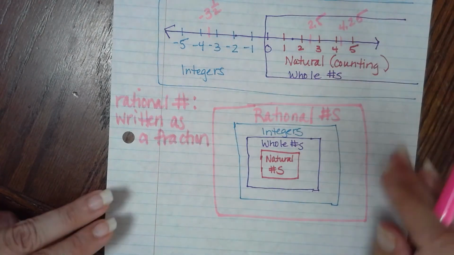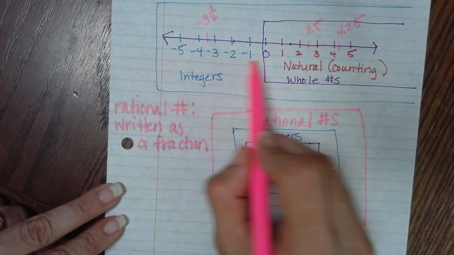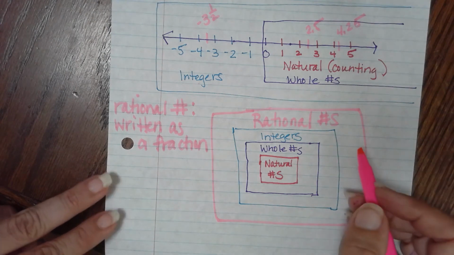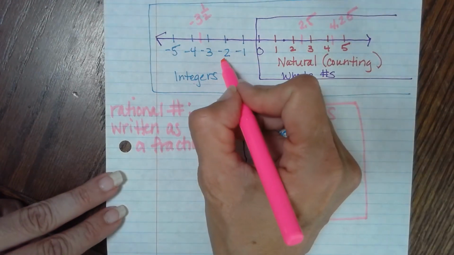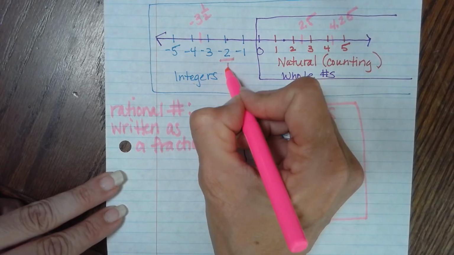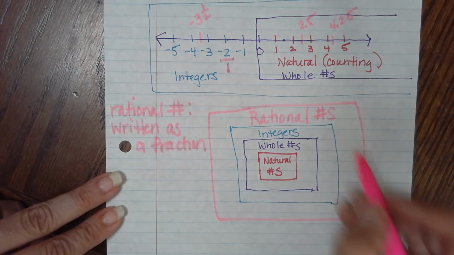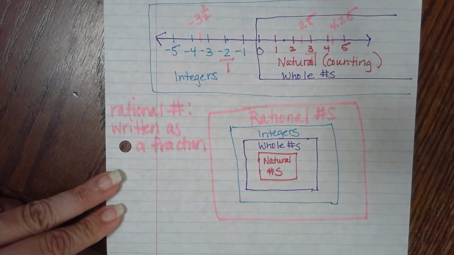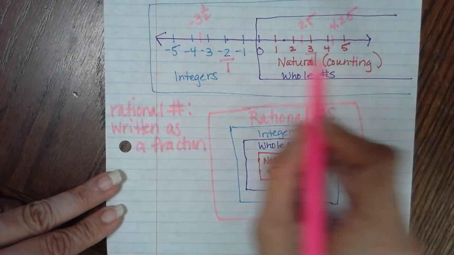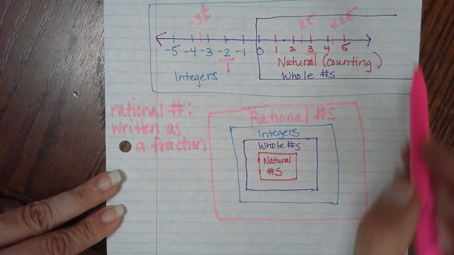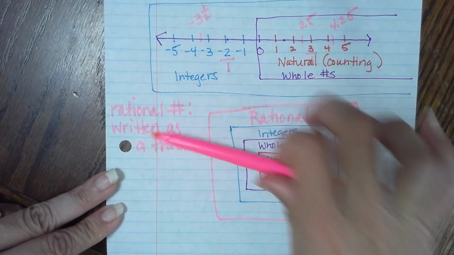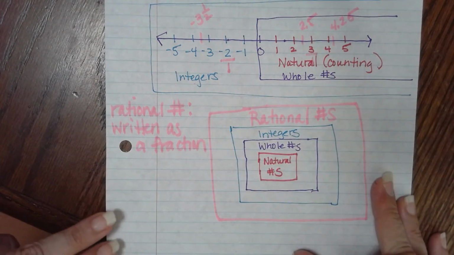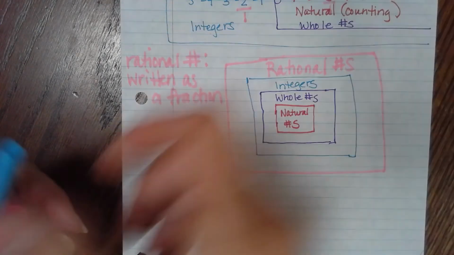So these already are fractions. A decimal can be converted into a fraction, but also everything that you see here on the number line below, the -5 all the way to the +5, can also be written as a fraction, because any of these numbers, if you put it over 1 as your denominator, there's your fraction. +3 over 1 still has the same value of 3. And it's a fraction. So any of these numbers can be placed over the denominator of 1. So everything that you see here is a rational number, which makes that group or category of numbers the largest. So then we have a different category of numbers,